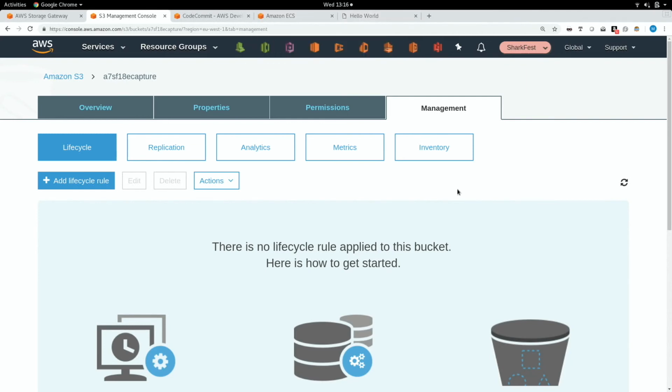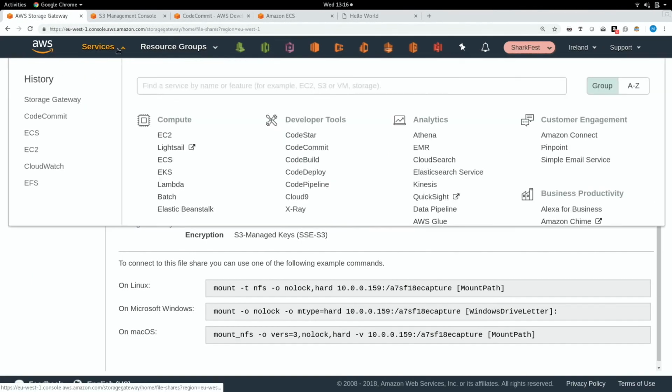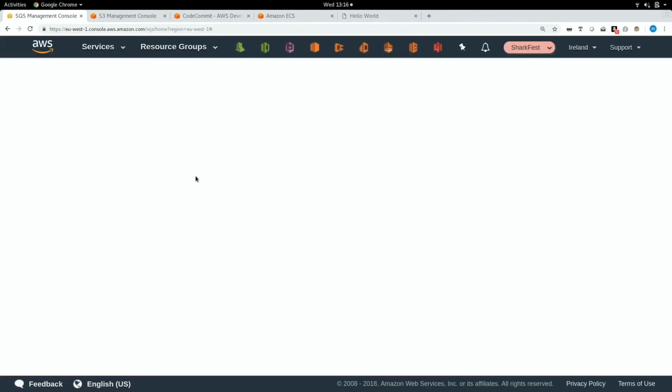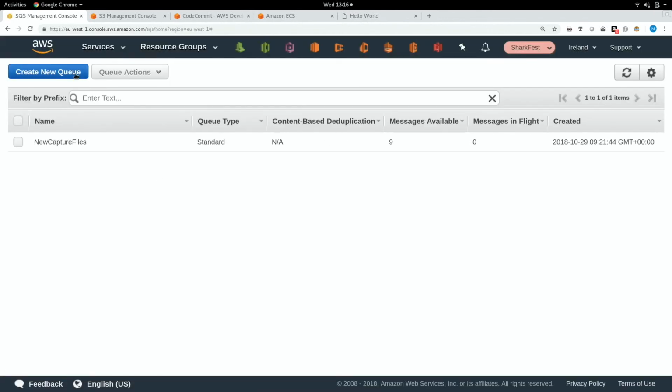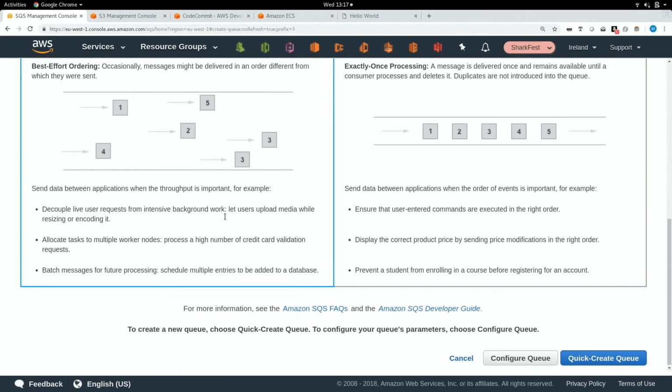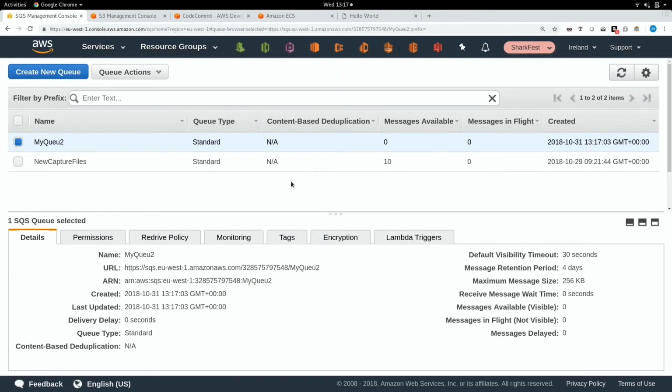Okay, so first things first, we need to create our SQS queue. This is again another service. If I look it up in our service menu, this is the simplest way you could set anything up in the world. I'm going to create a new queue. My queue is going to be called my queue2. Start badly, doesn't really matter. And then I can create my queue. That's my queue, and I can go on there and add the right permissions.